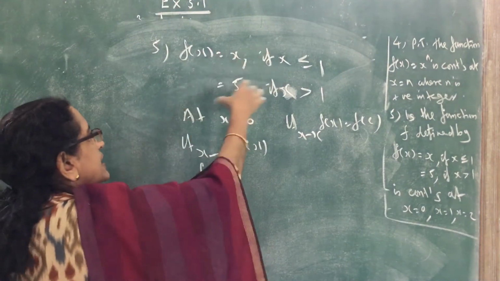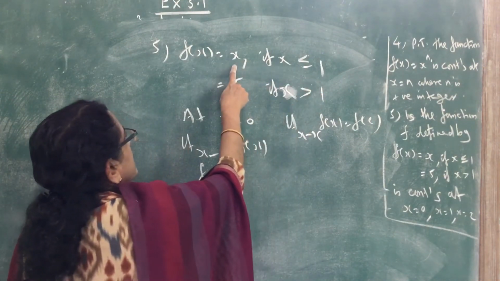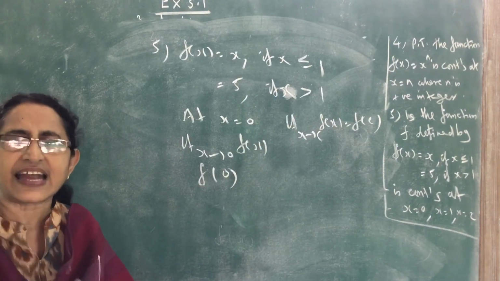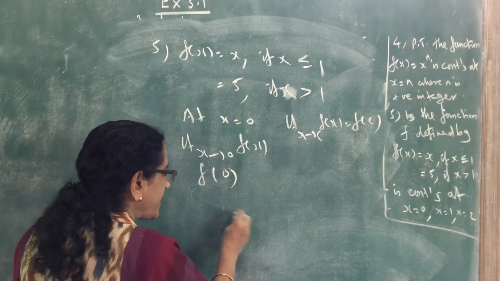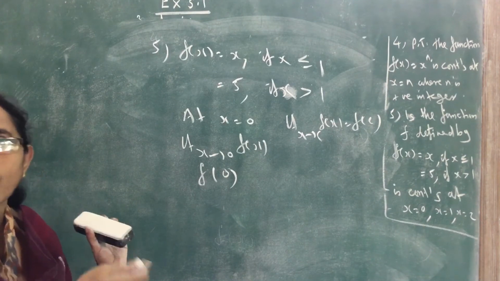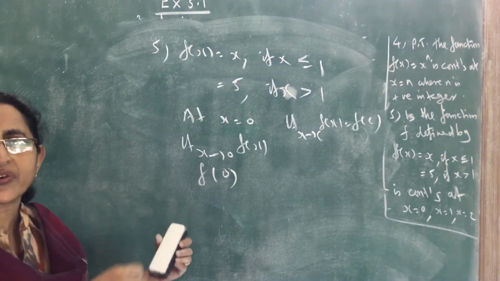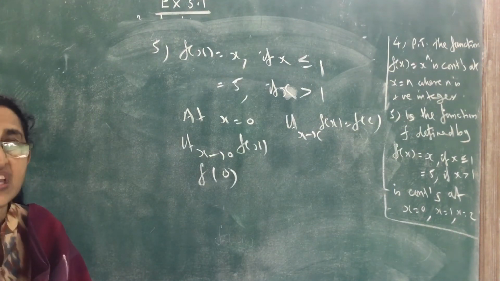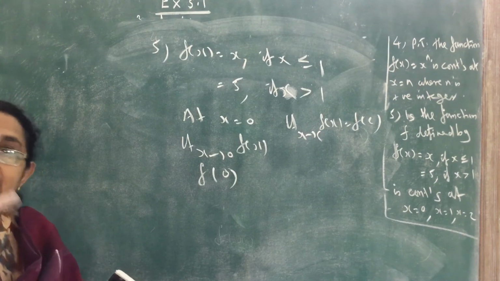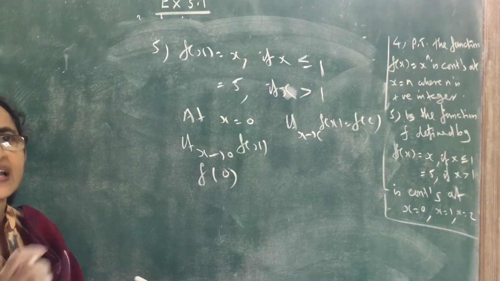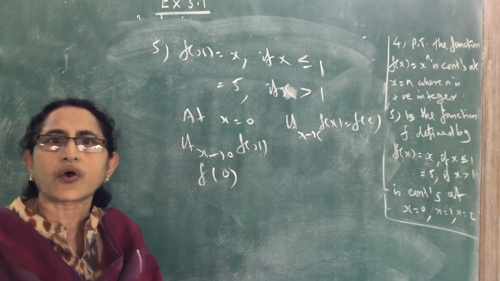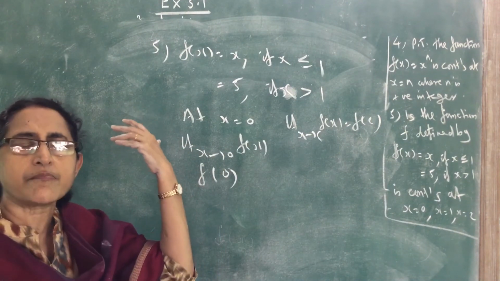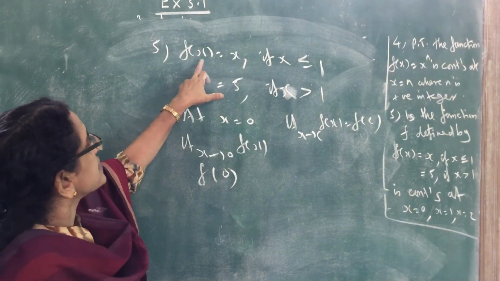Now see here, using the given function, x less than or equal to 1, this one. X greater than 1, this one. Here we want x equal to 0. When x is less than 0, take a negative number like minus 0.something. And greater than 0 means 0.something, very small, very near to 0, but greater than 0. When x is near 0, what is the value of the function? For all real numbers less than 1, the value of the function is x.